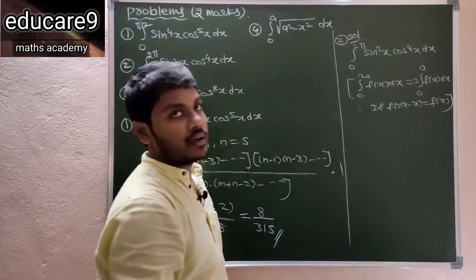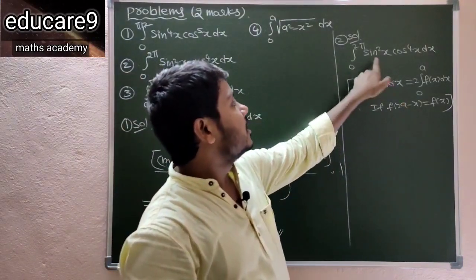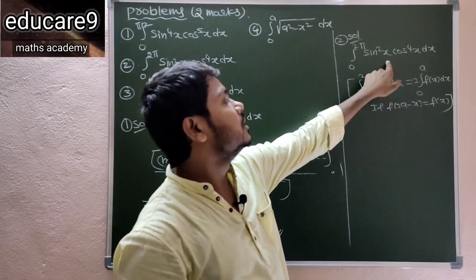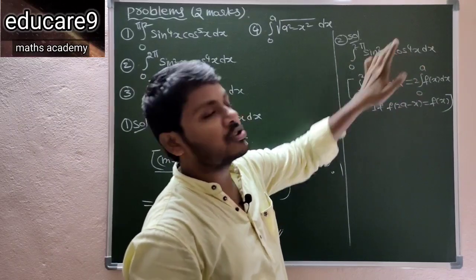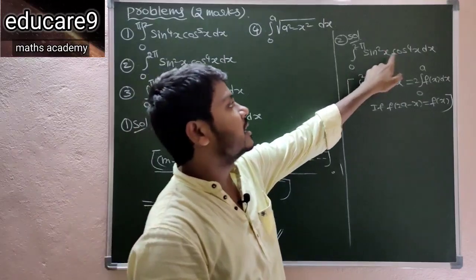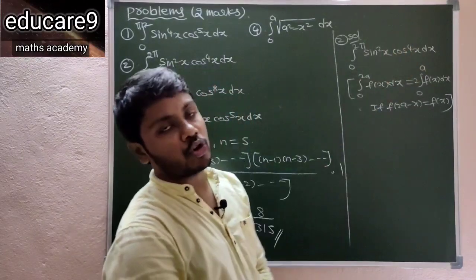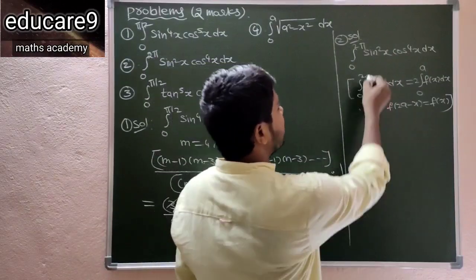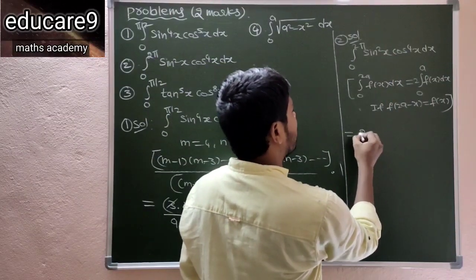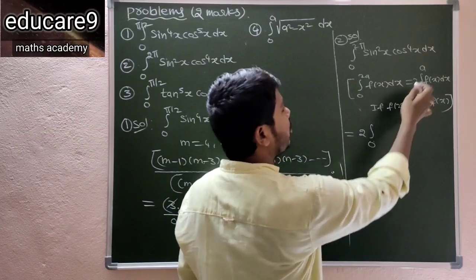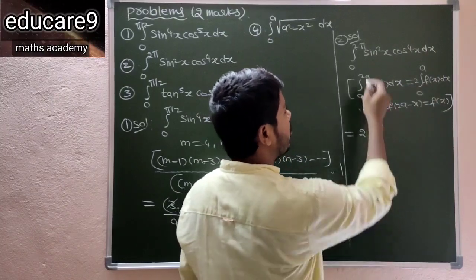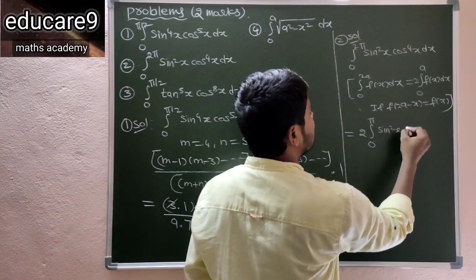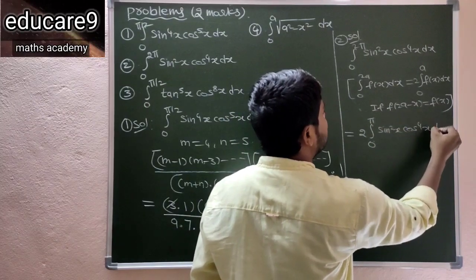Okay. So clearly sin(2π − x) is what? Minus sin x, so that is whole square. So clearly you will get sin²x, and cos(2π − x) whole to the power of 4, so again you will get cos⁴x. Therefore this can be written as 2 times the integral from 0 to a. So what is a value? π, into sin²x cos⁴x dx.